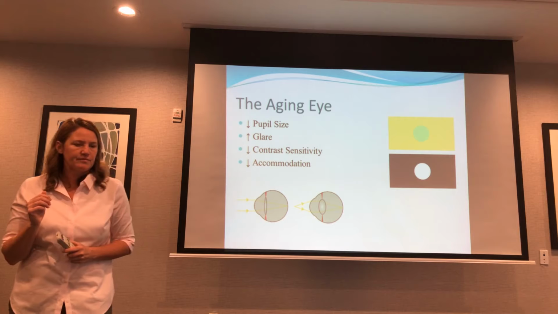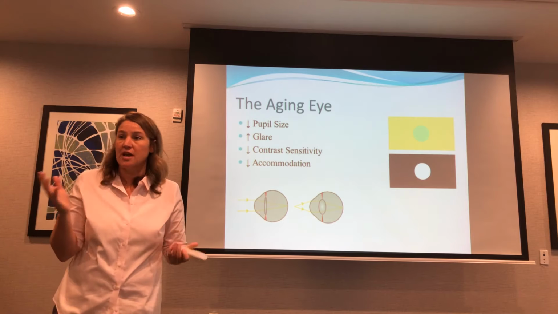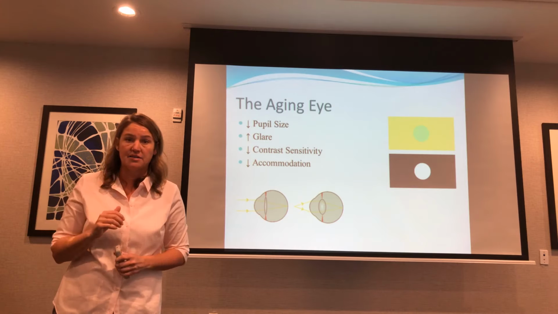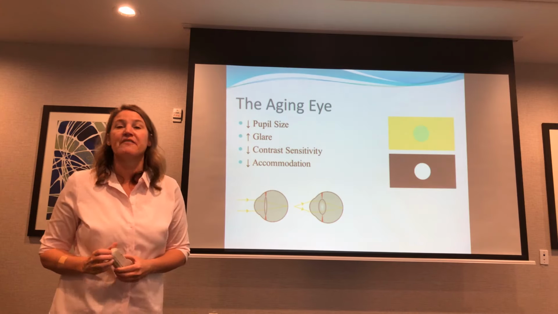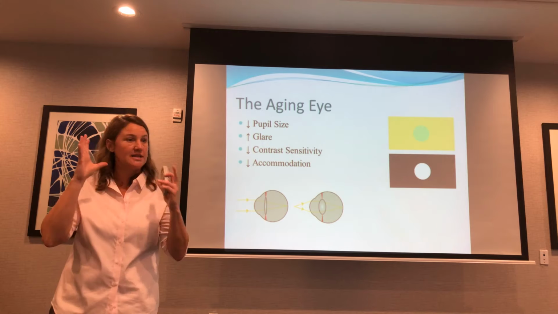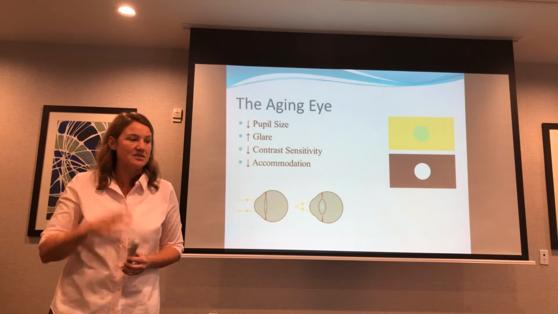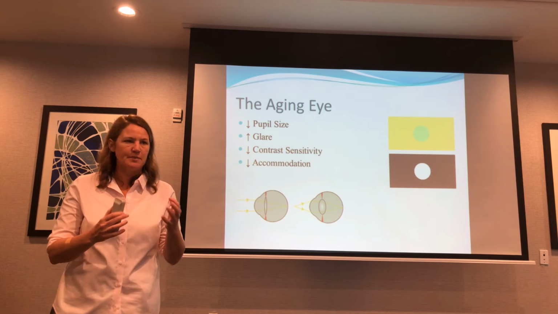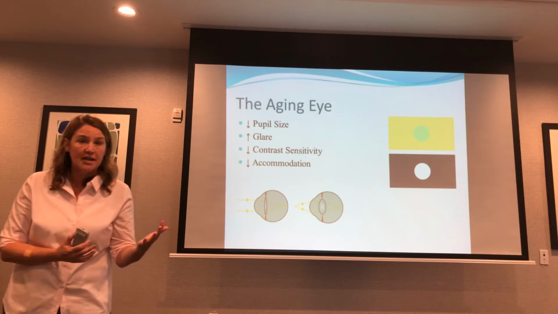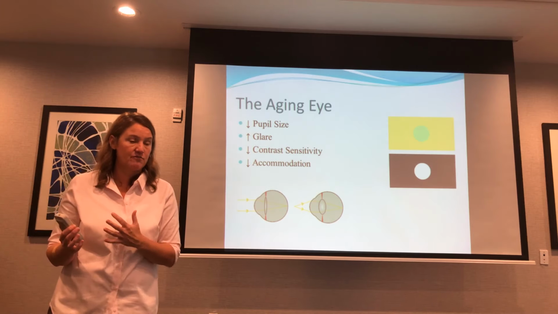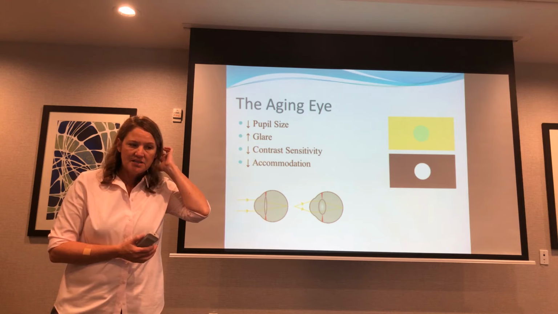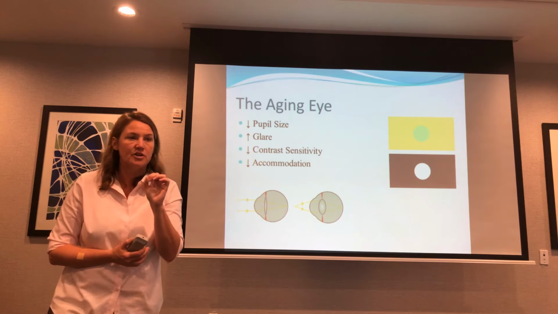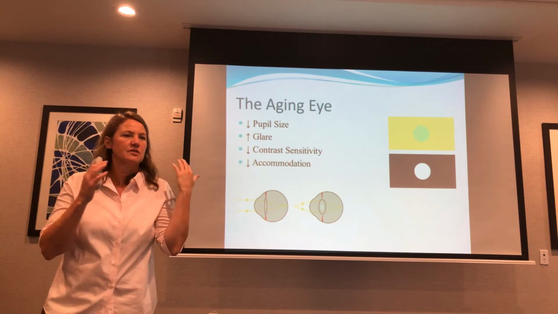And a movie theater type environment is not as safe for someone who's got this problem with their eyes. They're just never going to be able to see as well as someone who's younger and whose eyes dilate more and faster. They also have a problem with glare. A situation that might be glare for someone with a young eye can be significantly glaring for someone with an older eye. The lens of your eye becomes less clear, more opaque.